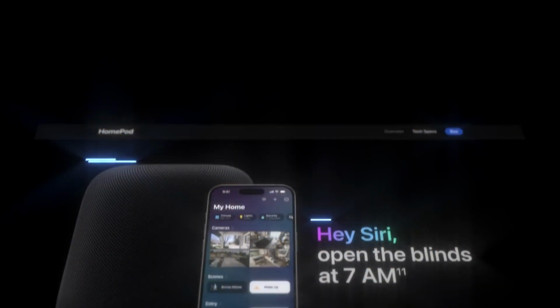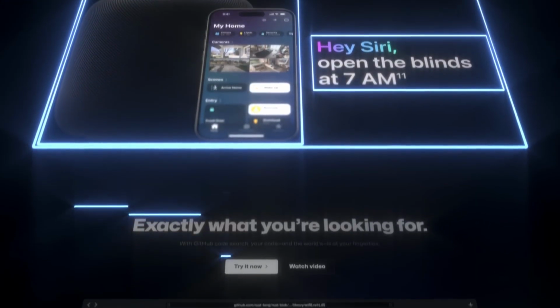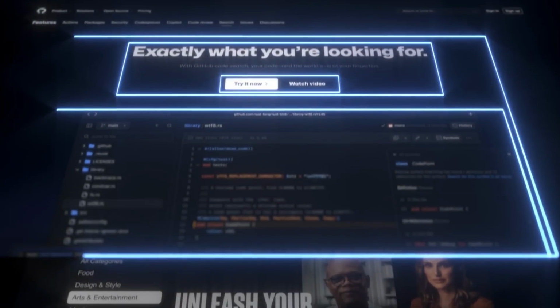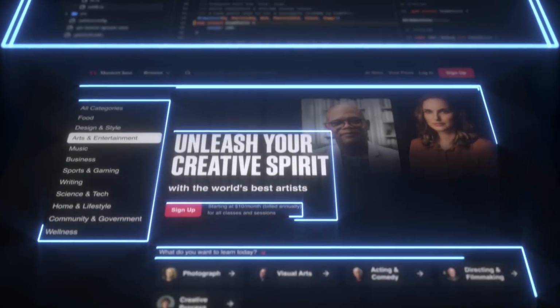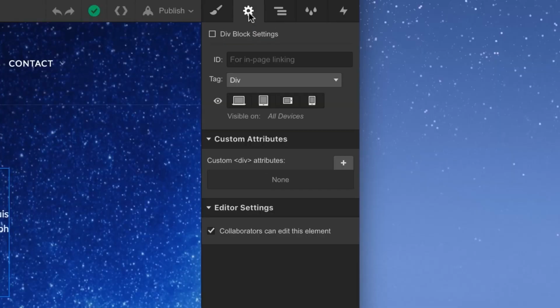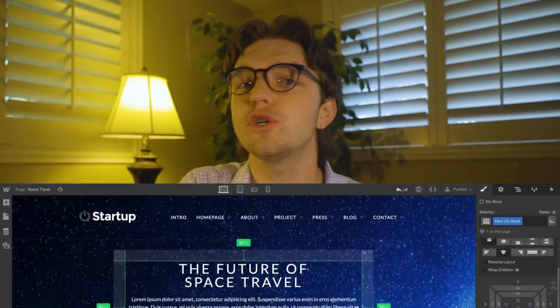Number 3 is designing responsive prototypes. Webflow's built-in responsive design tools make it easy to prototype designs that work on every device. You can adjust layouts, fonts, and different elements for the different screen sizes directly in the platform. Ensuring that your design is responsive from the start saves time and prevents the need for major revisions later. It also provides stakeholders with a clear idea of how the final site will look and how it will function